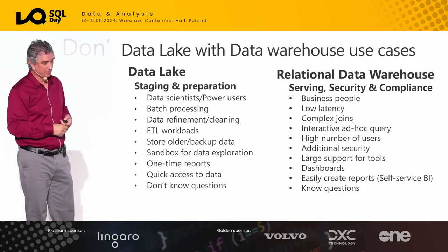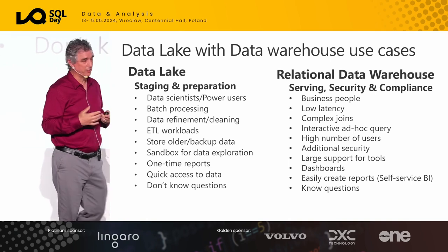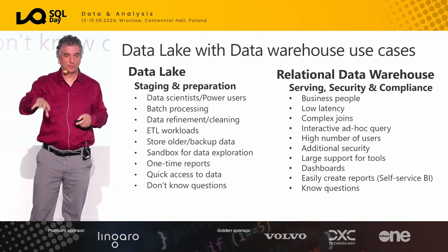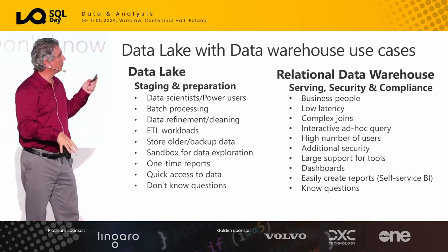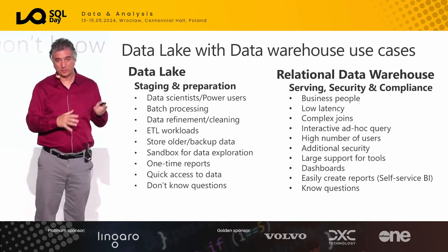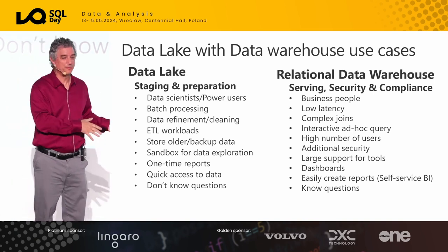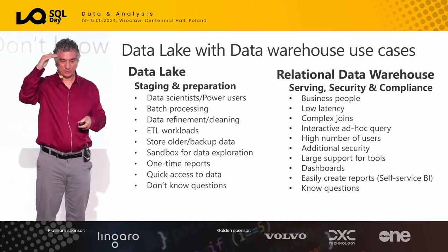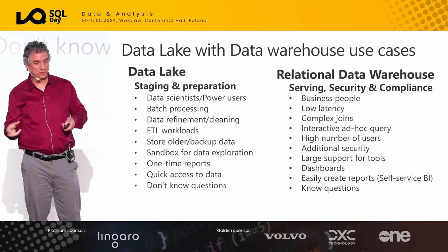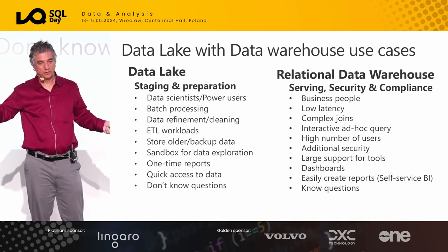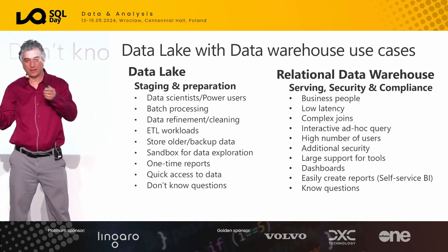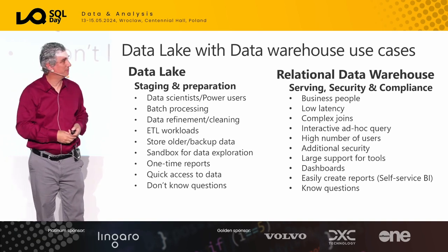The relational data warehouse was always the serving, security, and compliance layer, because there are a lot of features that a data lake does not have. One of them is security. For example, row-level security does not exist in the data lake. So if you need that, you want to copy that data into a relational data warehouse, as opposed to getting a large file that, say, has all these customers by department, where only certain customers can see certain departments. You'd have to break up that file, put it in separate folders, and give special security to each of those folders. That's a lot of work compared to just copying all that data into a relational database and using a row-level security feature.